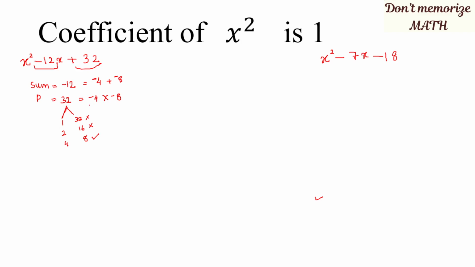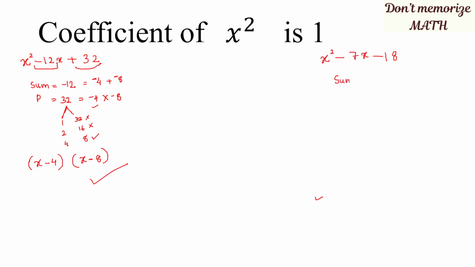Okay. So the first number we have here is minus 4. So the first factor, be very careful, we have minus 4, so it will be x minus 4. The second number is minus 8, so the second factor will be x minus 8. Okay, these are the factors. So we factorized the first one, and we'll do the factorization for the second one in the same way.